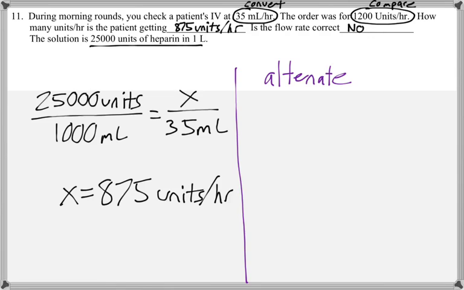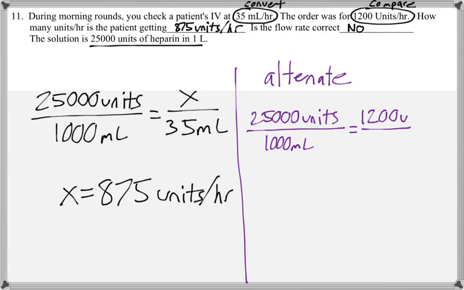So we converted the 35 mLs per hour to units per hour and compared it with the 1,200. The other way of doing it is to convert the 1,200 units per hour to mLs per hour and compare that with the 35. And it should be consistent. So if we just take the solution strength and set it up in a proportion with the 1,200,